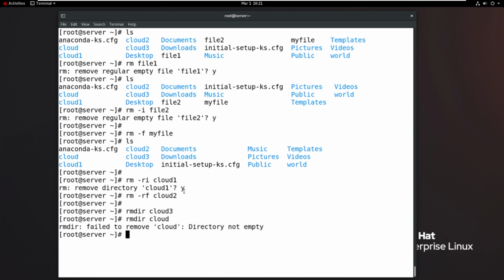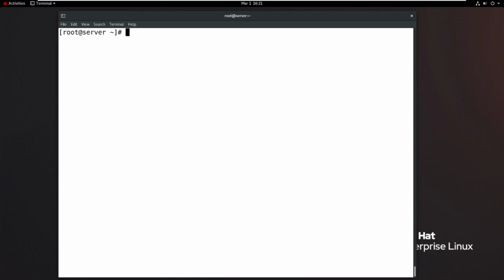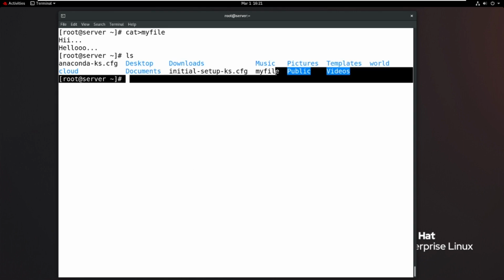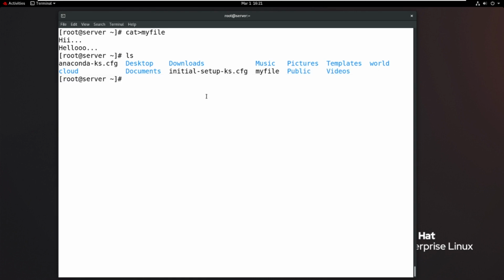Now, how to copy files and directories. I want to make a new file again: cat greater than my file name, that is myfile. Now I want to add some content: hi, and the word hello. To save the file, Control D. So yes, we have a file, myfile. Now how to copy the file?